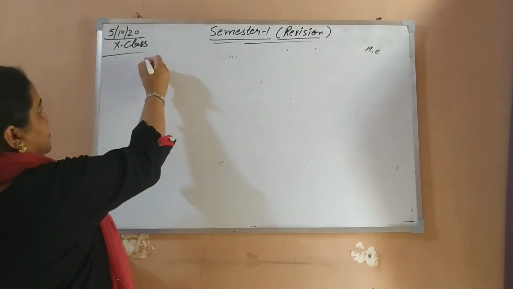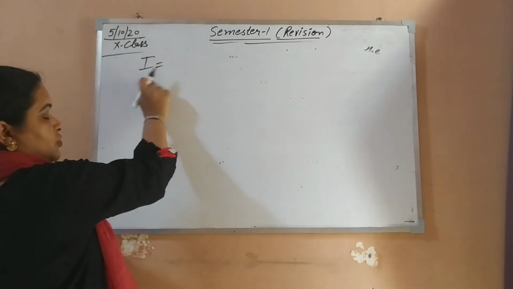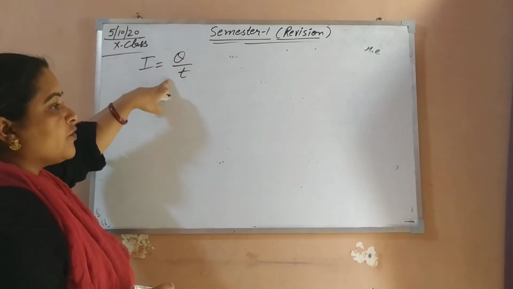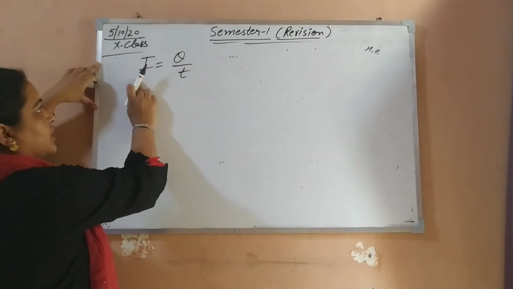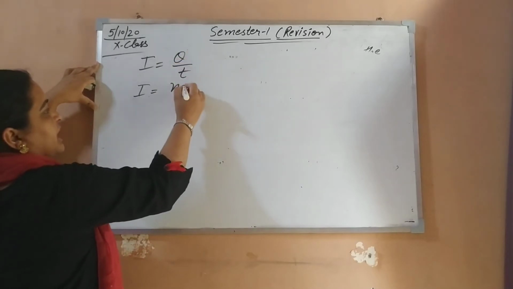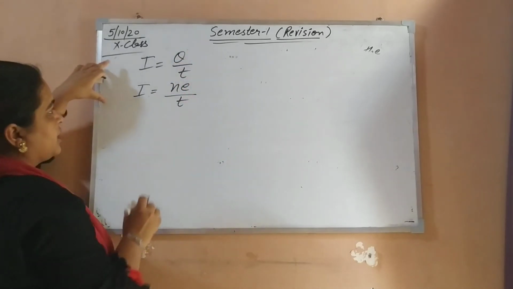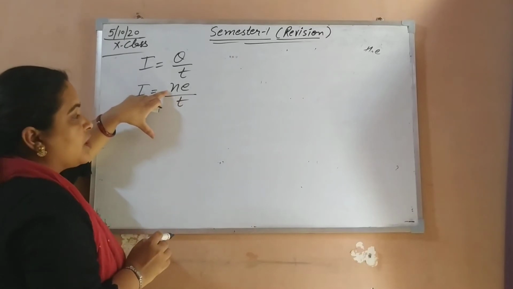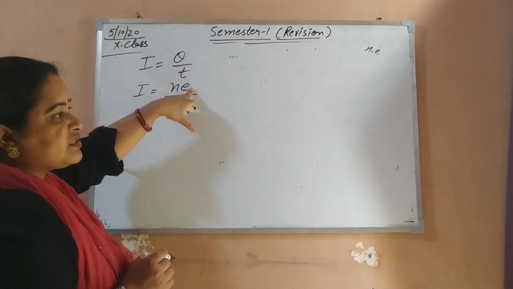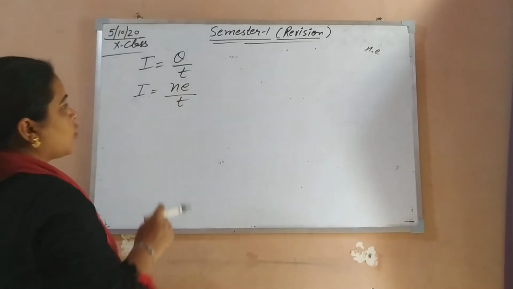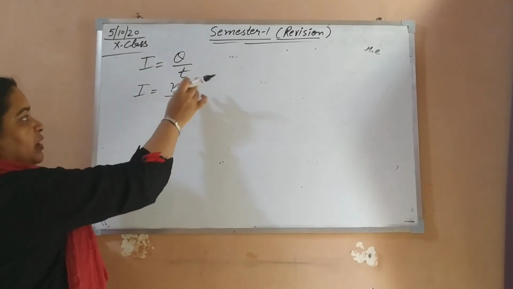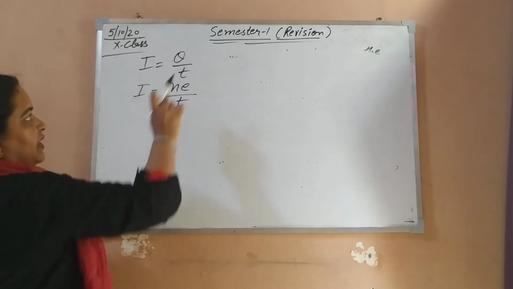We have started the chapter. Mathematically, I am doing first of all with the current definition. And what was its mathematical relation? Current is given by the rate of flow of charge. So it is a relation of current, charge and time. And when we have to calculate the number of electrons, in place of charge we write Ne upon T. What is Ne? N is the number of electrons and e is the charge on one electron, which is 1.6 into 10 to the power minus 19 coulomb. So 1 ampere, 1 second, then we can use this formula to calculate the number of electrons also. And this is for current.